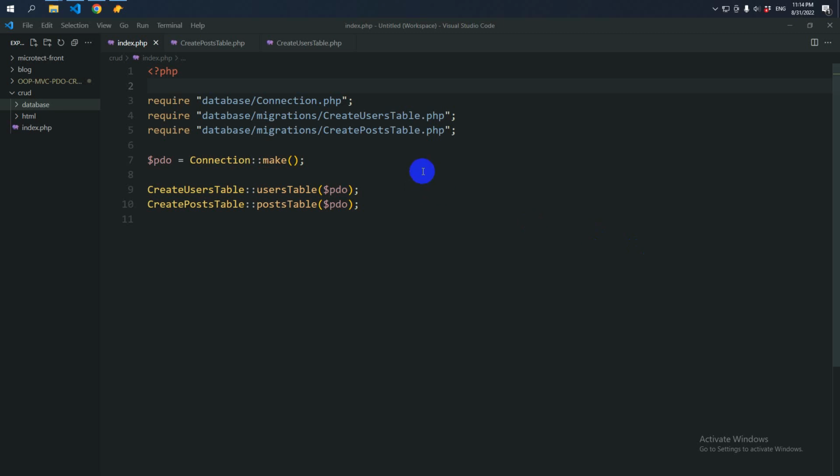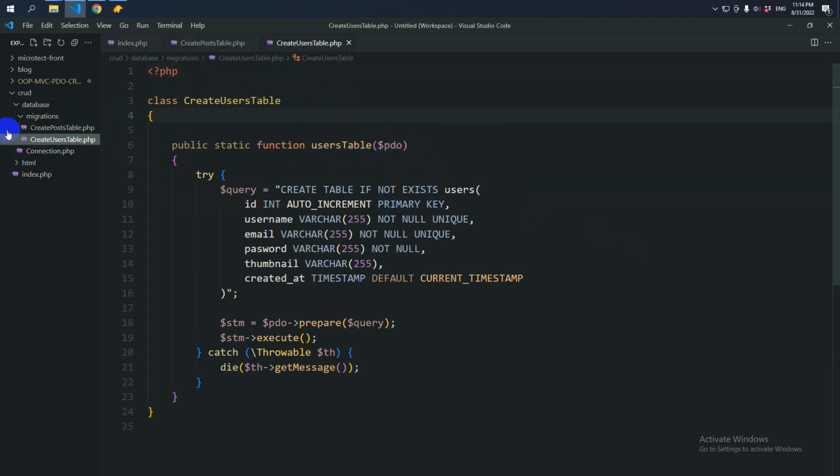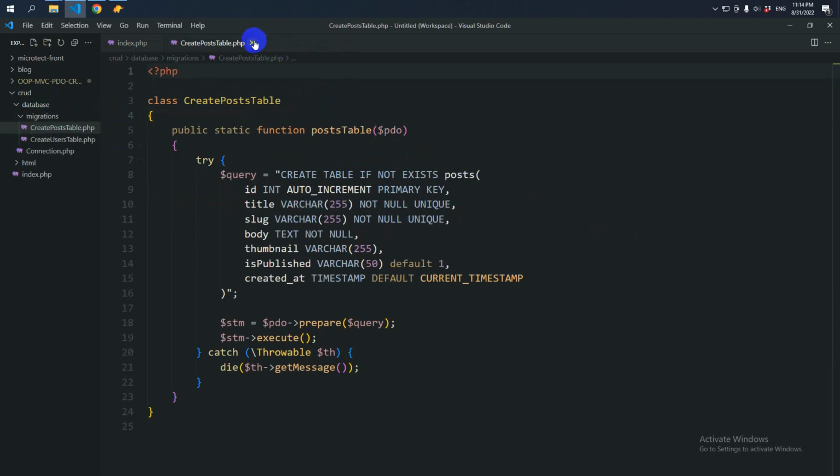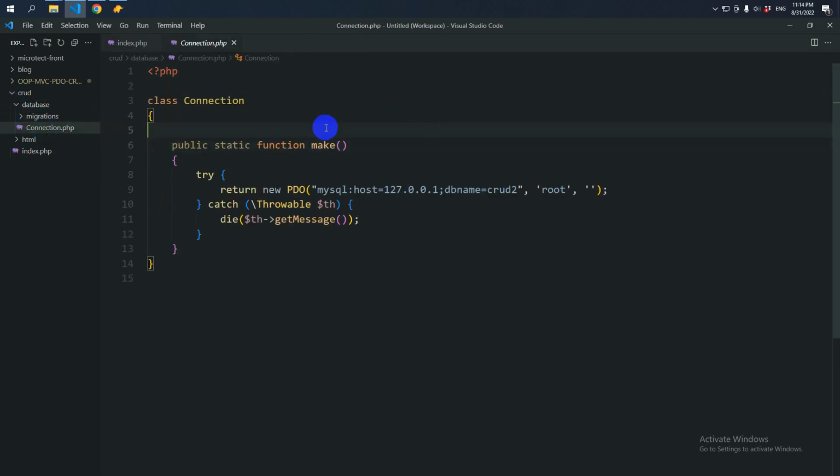Behind the scene, we created a create post class as well, like the users class. Okay, now if someone wants to change the database name and password and others, then he has to go to the database folder, then connection. So rather than that, we can make it easier, we can make a config file,